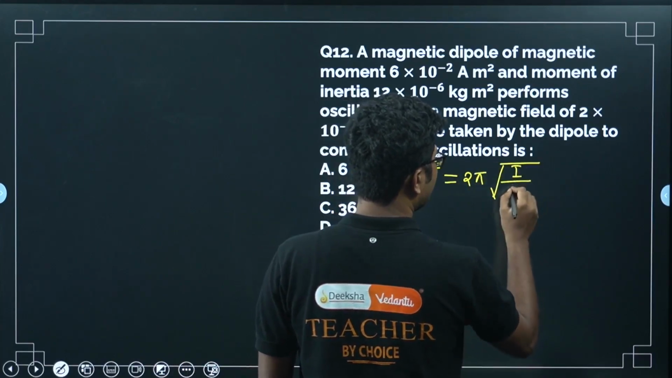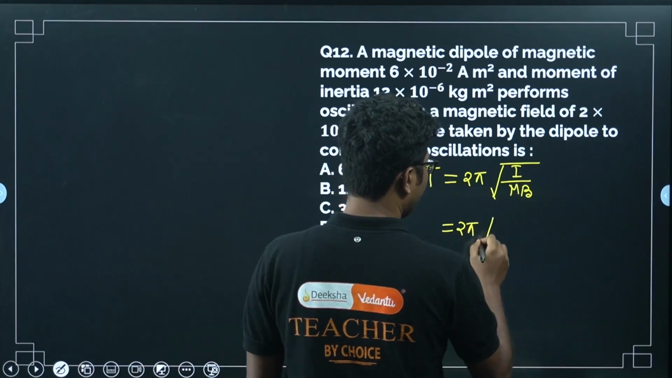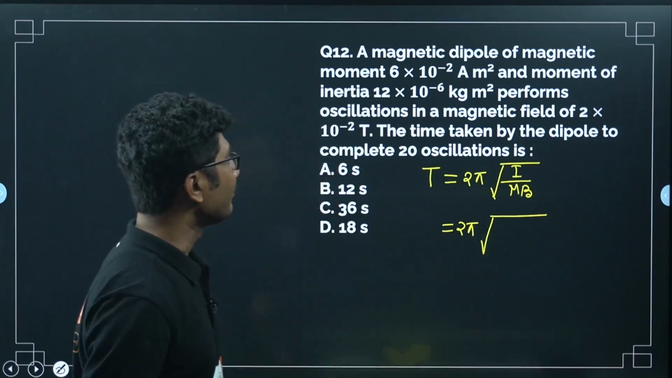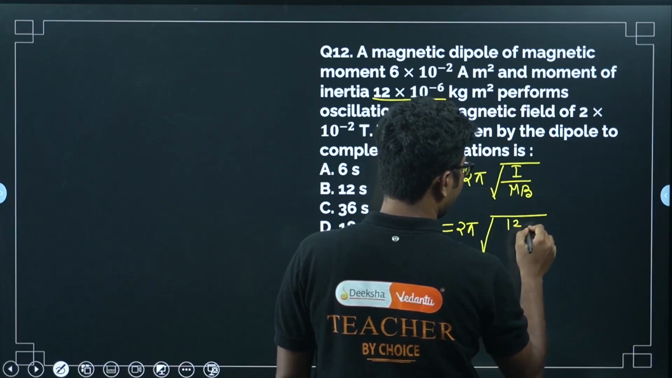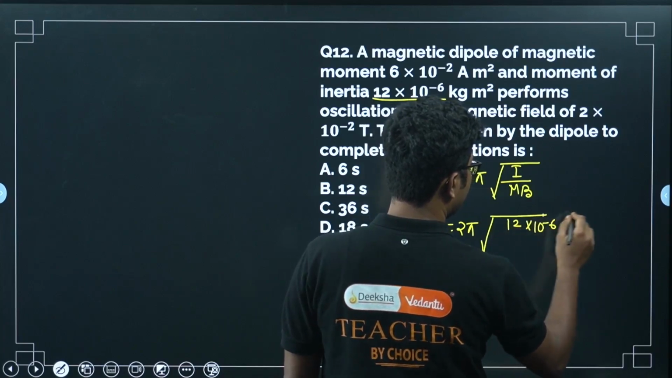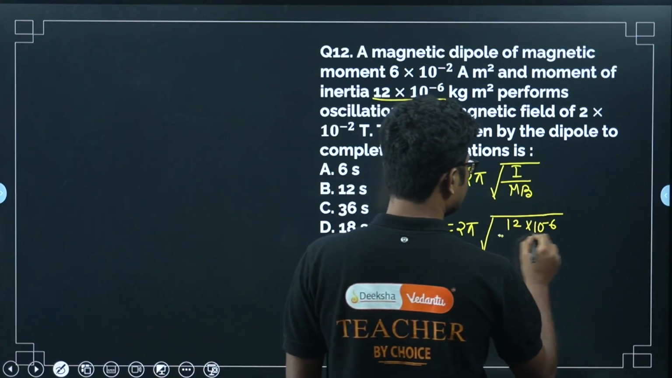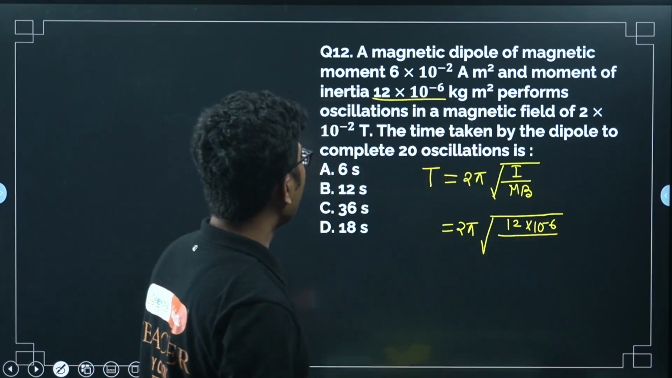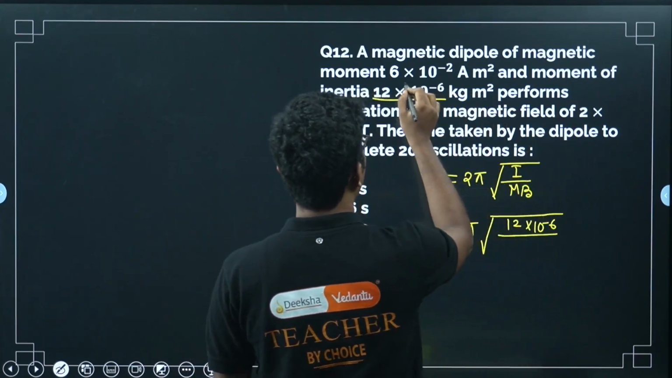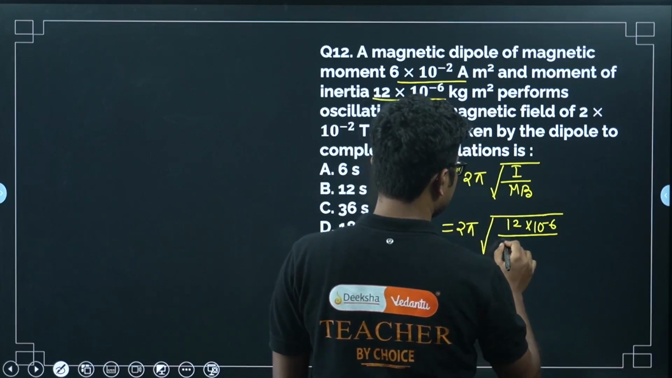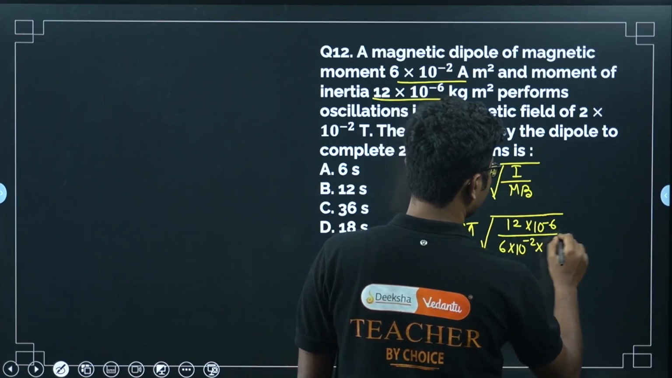T equals 2 pi square root of I by M B. You need to remember this formula. This is a very simple and easy formula. I is given as 12 times 10 to the power of minus 6. Here I is moment of inertia. This is not current. Many students write this as current. Now what is M? Sorry, M is the magnetic moment, 6 times 10 to the power of minus 2, times